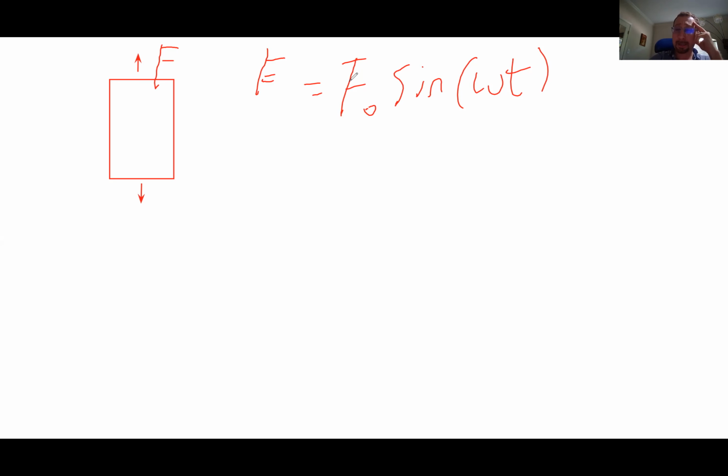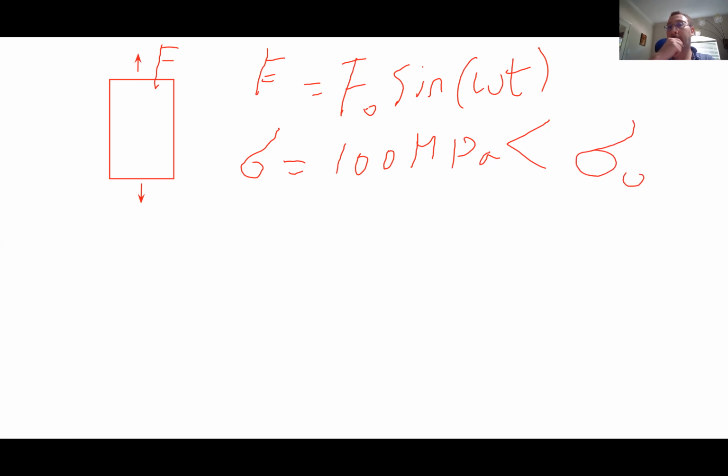So now imagine I set this stress that I am applying at 100 megapascal, which is less than the strength of the material, which I call sigma 0 of 200 megapascal. And if there's no healing agent in the material, let's say the N of the control, which is the same as N of the heal, by the way,